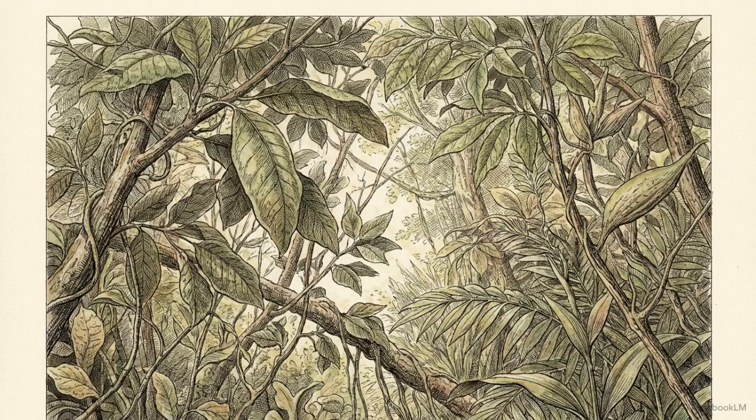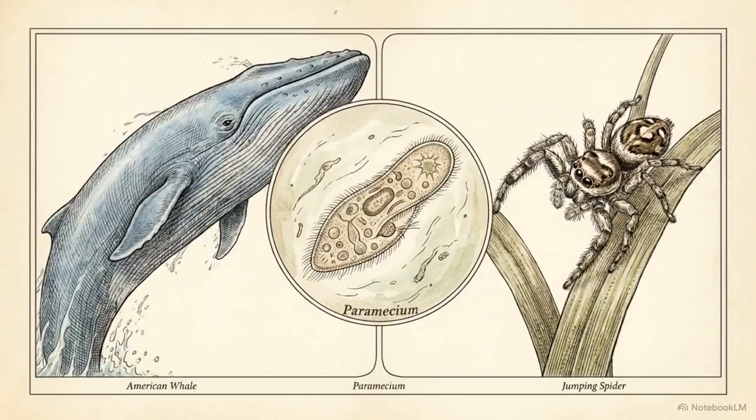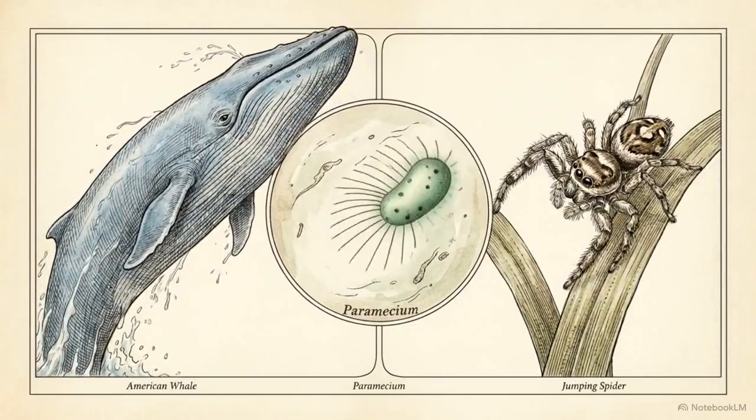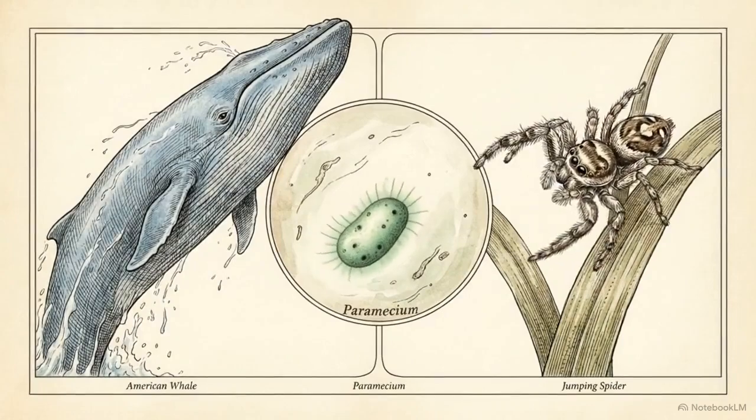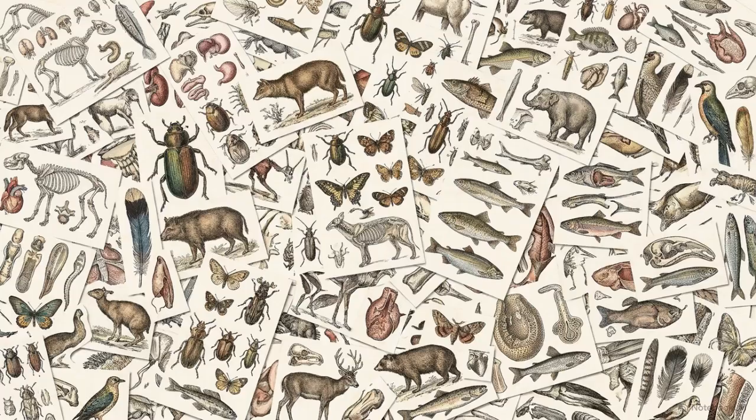When you look around, you will observe a dizzying variety of life, ranging from 90-foot whales to microscopic organisms darting in a drop of water to jumping spiders hunting in the grass. As over 1 million species of animals have been described till now, organizing this menagerie looks like an impossible, chaotic